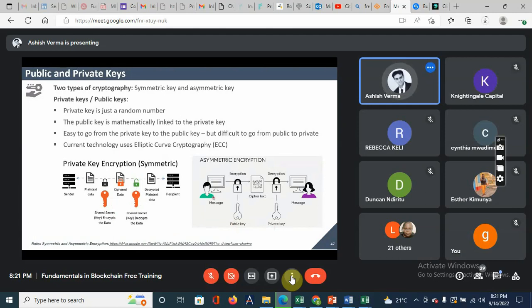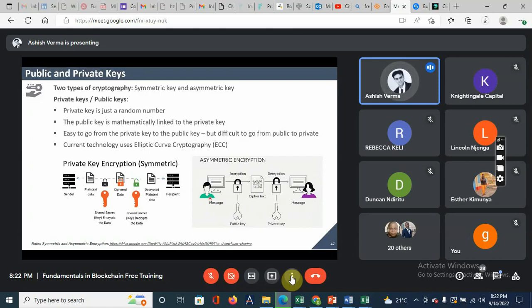So what happens in this? The sender sends a message and it's encrypted through the public key. Then there is a ciphertext, same as we had here, unreadable unless you are able to decrypt it. Then when it goes to the receiver, the receiver uses the private key to decrypt the data, and then the message can be read. So in this case, the key combination is being used. What we generated here, the private key and public key combination, these two keys are being used for encryption of data. Just imagine a Bitcoin scenario where this guy is sending some Bitcoin to this girl.